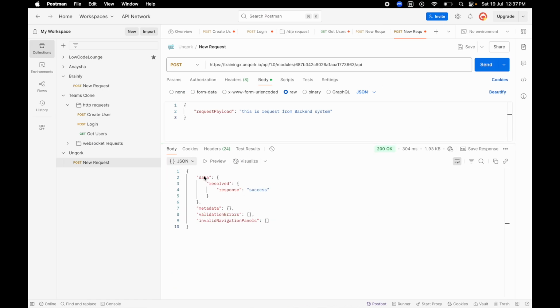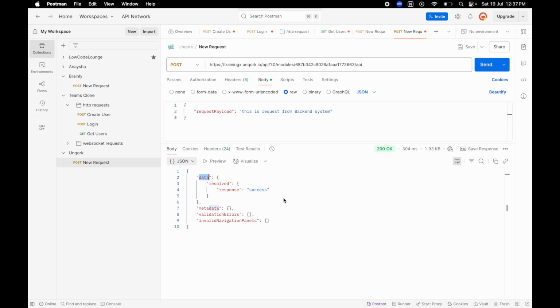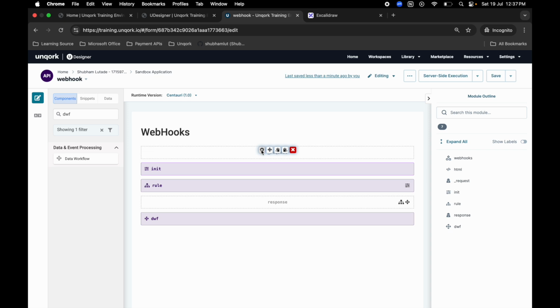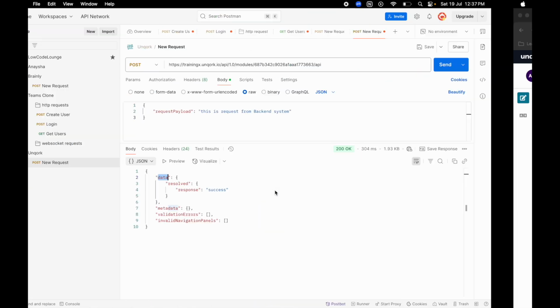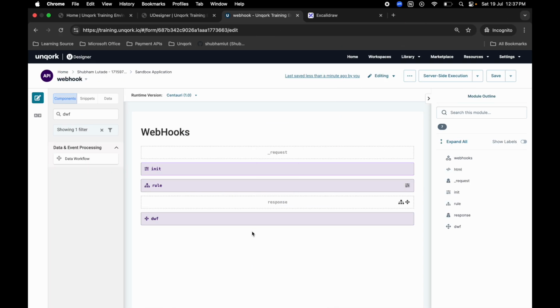So this is what we have got, because internally in Unqork this underscore request is there, and we know how it works. But we are not sending it back to the user. We are just internally using this underscore request variable in this data workflow, as we know how this structure looks. But now the response is just a success that isn't passed to the particular party which is calling this service. So now what I will do here is I will just call this data workflow,